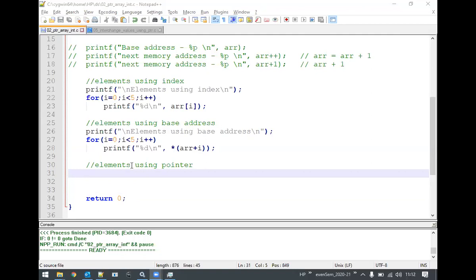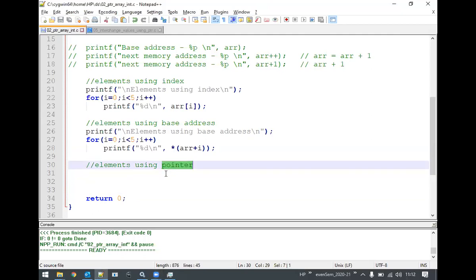Okay. Now, the next method is accessing those array elements using a pointer. Here, pointer means we are going to declare a pointer which will hold the address of the array. Not the base address here. We are not going to access using the base address, but we are going to access using pointers.